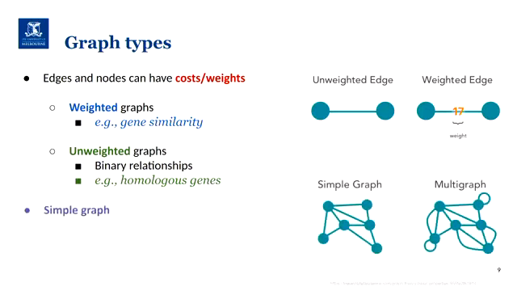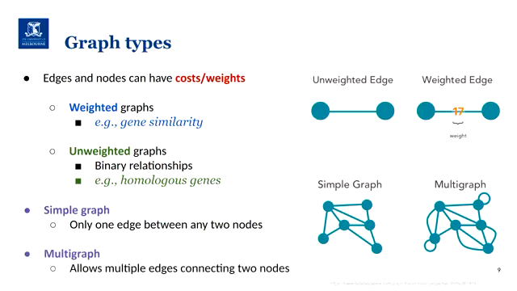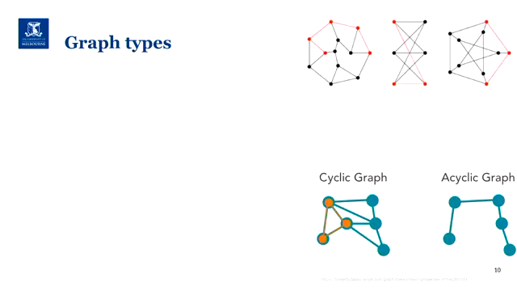Another important concept is that simple graphs will only have one edge between any two nodes, while multigraphs will allow multiple edges. So if we look at this graph here and this graph here, the main difference is, let's say, from this node to this node, we allow more than one connection. That would make sense, for instance, if you have two cities that are connected by different routes, by different roads, and they can be weighted, for instance, by their distance or quality, and so on and so forth. So we need to keep in mind how these decisions will affect the algorithms as well.